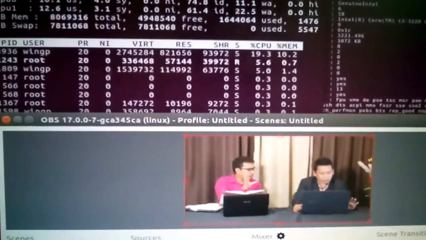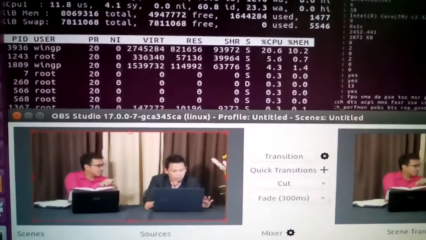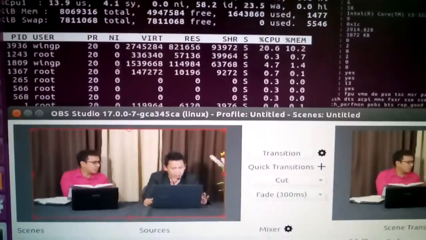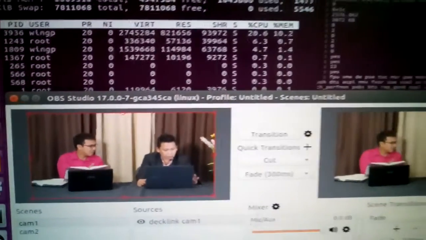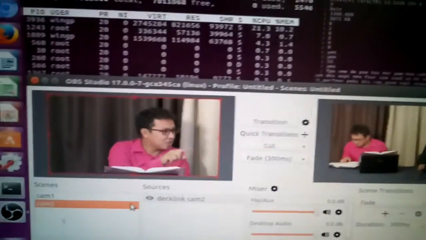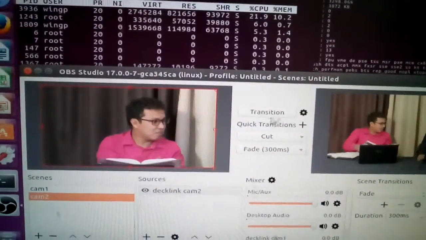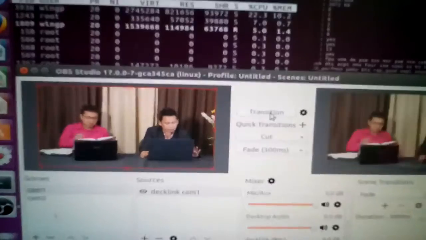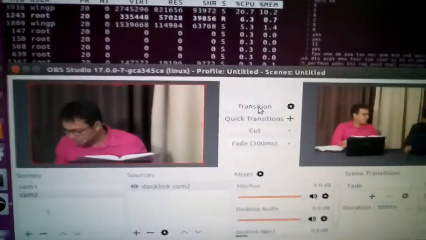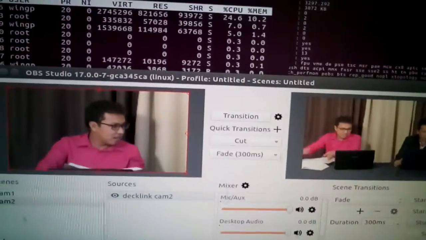If I click studio mode, CPU goes up to 20%, still the same, 20%. If I try to switch scenes, 21%. Transitioning, we get 20%. If I'm only in studio mode,